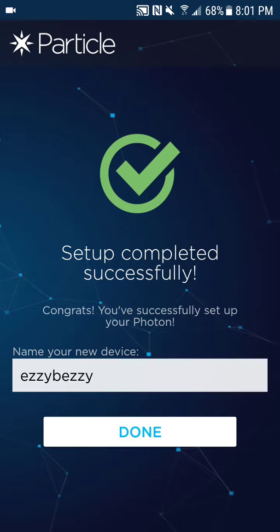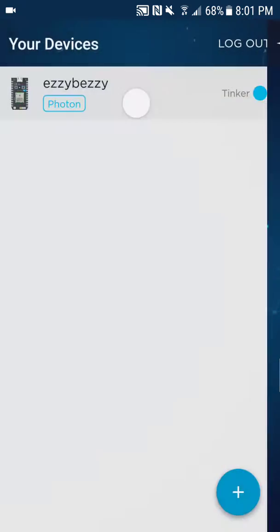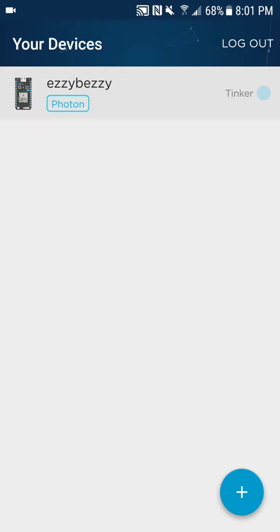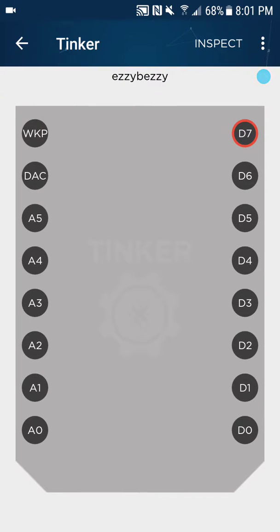Awesome. Now, at this stage, you get to name your device. I'm going to make it really simple, so I'm going to do Ezubezi. And it looks like we're all good to go. Now, these devices are really advantageous for your IoT projects because they have this Tinker function. If you click the Tinker function with the breathing cyan light, it's going to pull up your output board